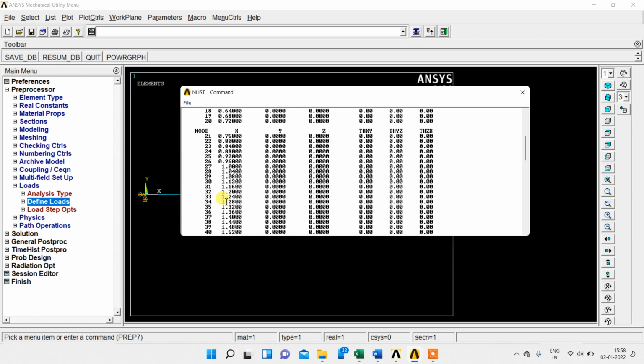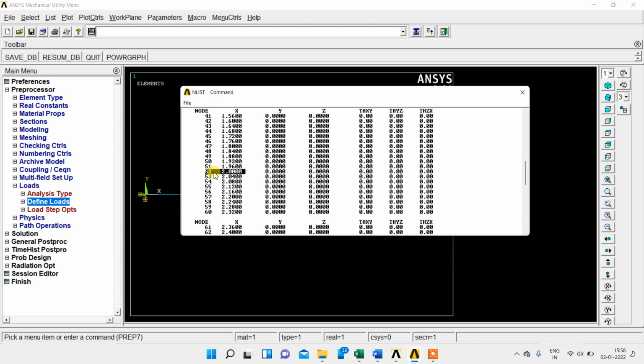Here we can find that the total number of nodes is 101, because we are creating 100 elements. Here we record the x coordinate value of exactly 2. That is exactly node number 52. The coordinate value is 2, so the x coordinate value will be 2.